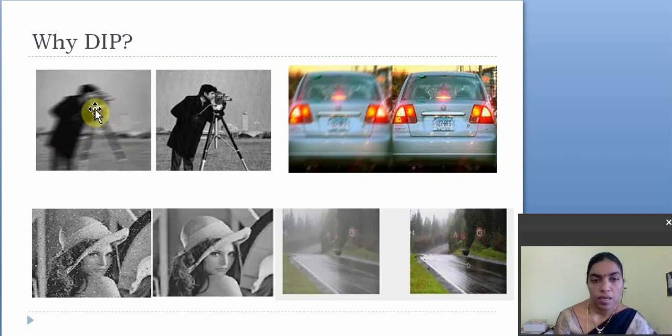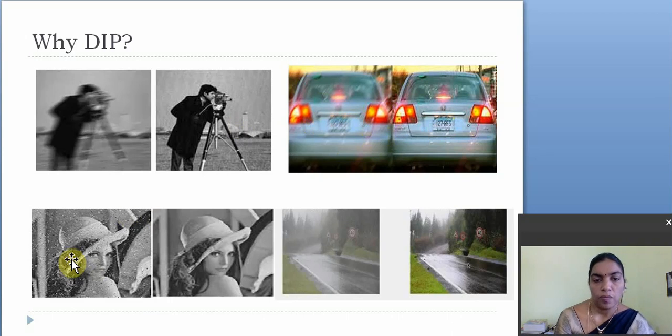This is a very dull image and there is no clarity. So we should improve the quality of this image. Coming to this image, the number plate is not visible. We should get back the number from the number plate by using certain processing methods.